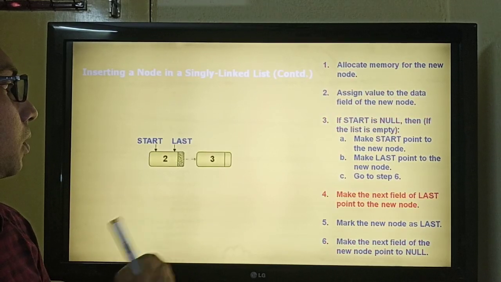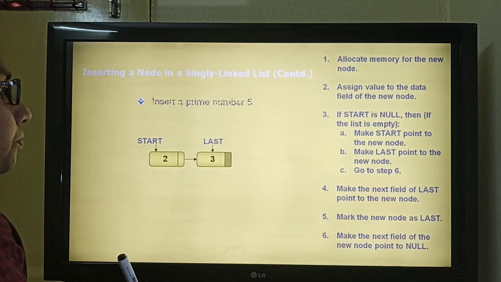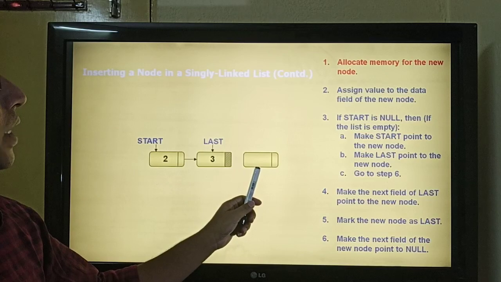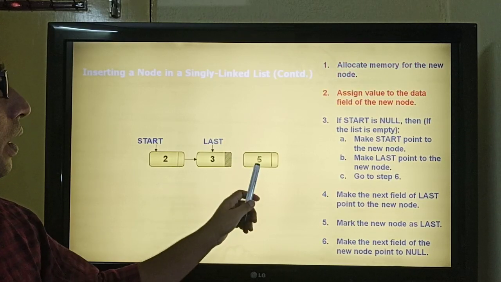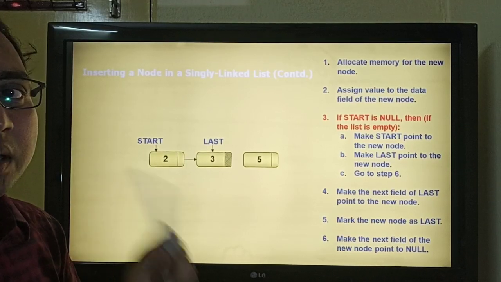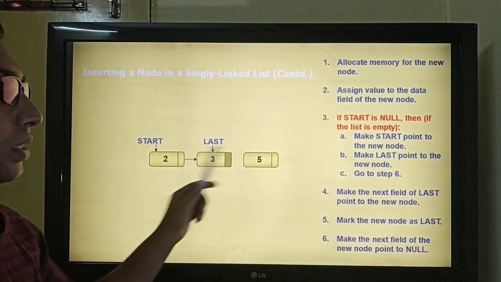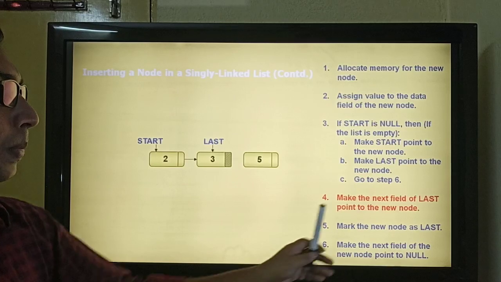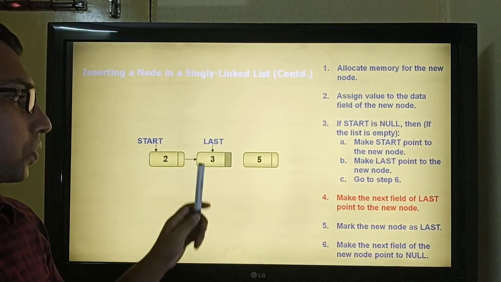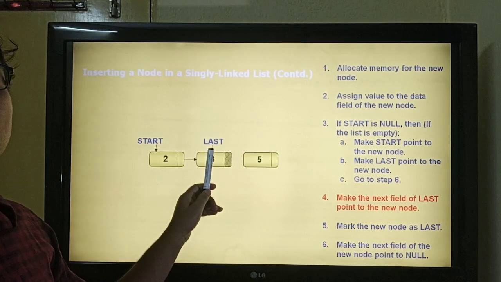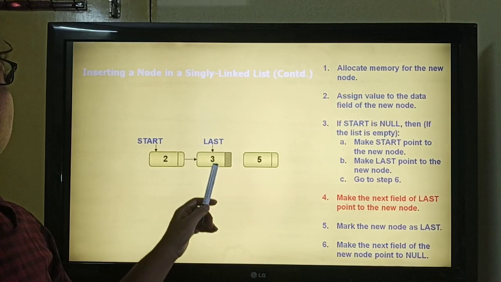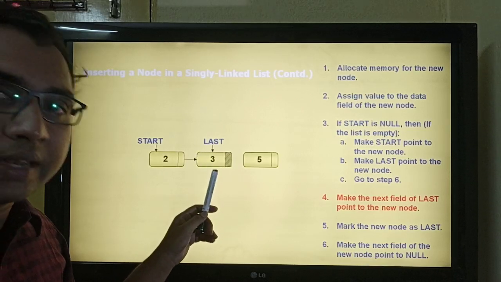Skipping some steps here, we have the next one as 5, assigning 5. Now checking if start is null. No, start is not null because it is pointing to the first node in the sequence. So we will move to the next step. Make the next field of last point to the new node. There is already a pointer last, which is pointing to the last node in the given list.